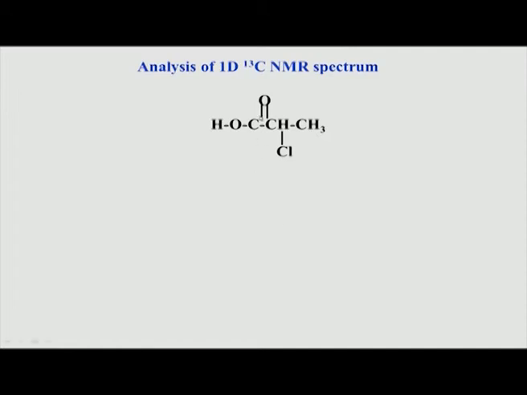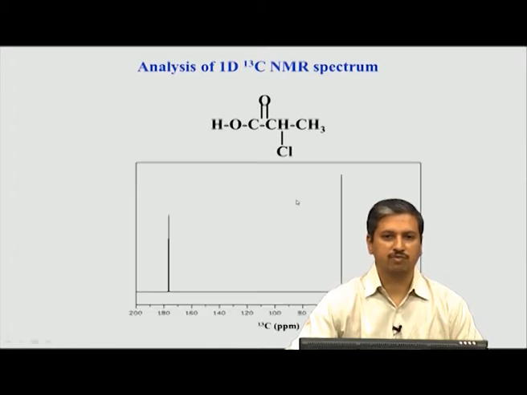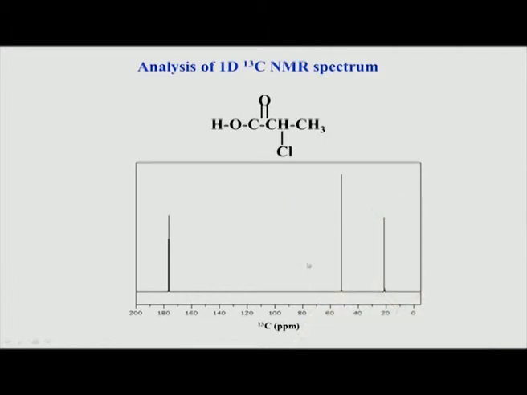So, this is the CHCl which is attached to this carboxylic acid group, and this is a secondary carbon having a halide substitution. This is the molecule we also looked at when we analyzed the 1D proton spectrum, so the same molecule has been taken up here. Let us see the spectrum of this molecule. Here you can see again there are 3 types of carbon. There is this methyl carbon, this is the CHCl carbon, and this is the carbonyl carbon of the carboxylate group, and therefore it is coming at this position.